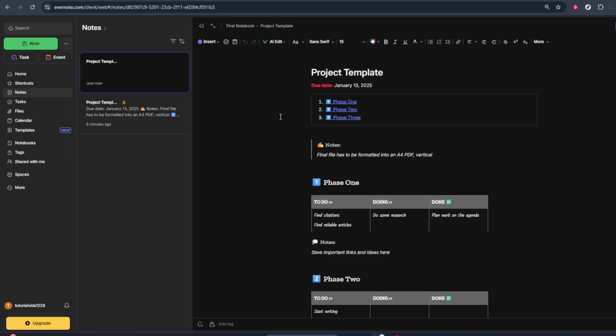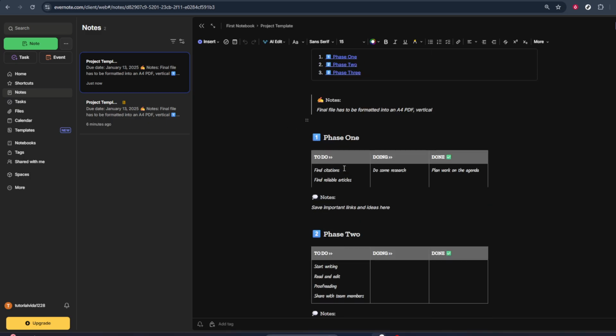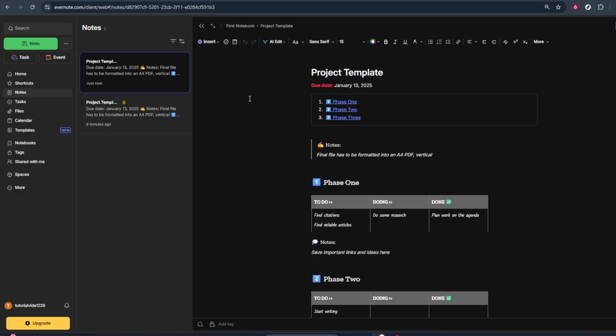You can start editing any of the text fields, add your own content, and remove any sections you don't need. The structure and formatting from the template will stay in place, which helps keep everything organized and neat. Remember to give your new note a clear title at the top so it's easy to find later, and that's all you need to do. By clicking the 3 dots, choosing from template, selecting